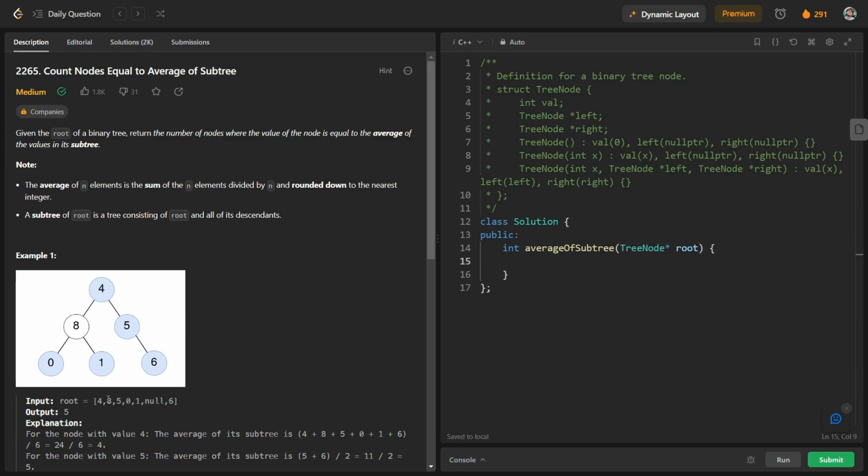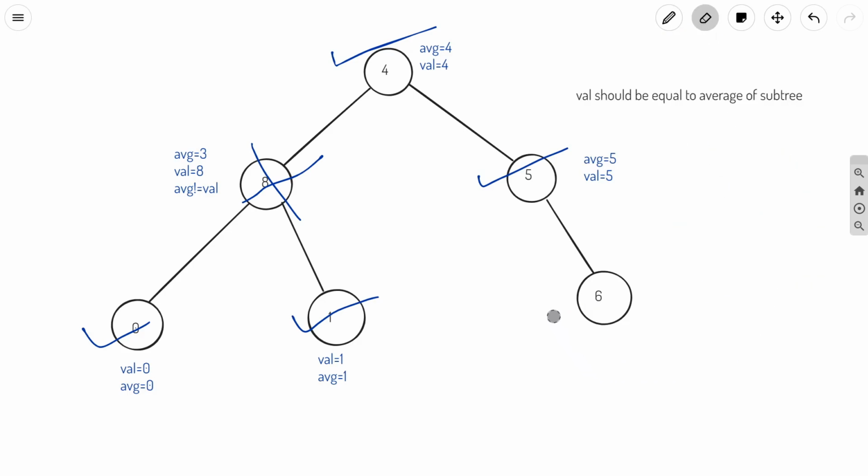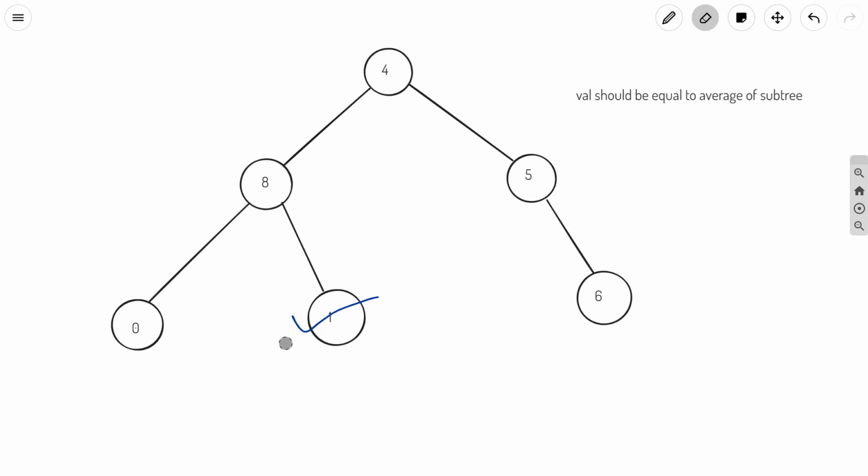Now let us see how we can count all those nodes and how we can find the average. Let us think about it. One way is to use recursion for each node. But if we use recursion for each node, the time complexity will be very large, because there are a total of n nodes, and it will be of order 2 to the power n or like that. So this is not a good way to solve this question.